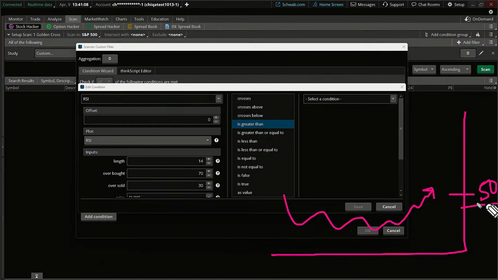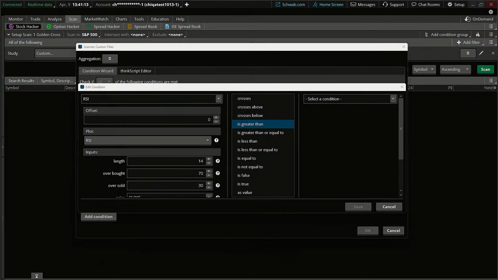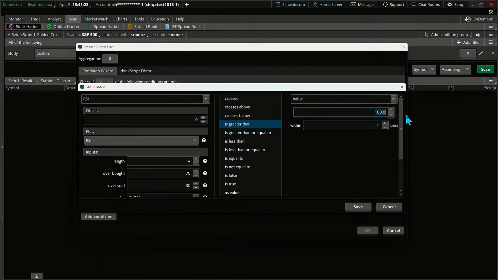Notice what we're doing here? We're talking about a value. That's an RSI value. So anytime we're thinking about indicators, park in your mind, I can do virtually anything with the condition wizard if I'm just thinking about a value on the side as well. Value. What's that value?